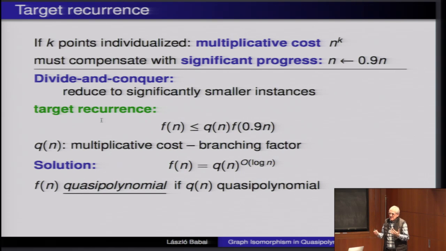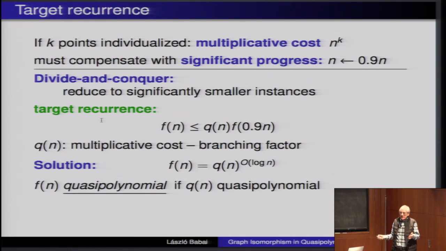Okay? Basically, I am trying to explain what kind of things one needs to do in order to have a hope of having a quasi-polynomial bound. And so in order to have a quasi-polynomial bound, this is the basic recurrence that I'd like to have. I reduce the problem. So f of n is the cost of solving a problem of size n. Cost is best measured in this case in number of group operations. And that should be reduced to a number of instances of a problem of significantly smaller size, and